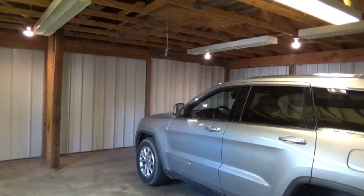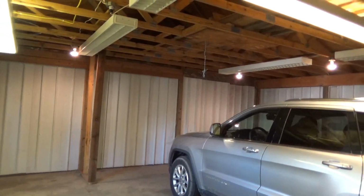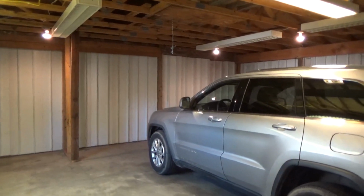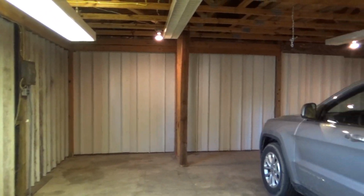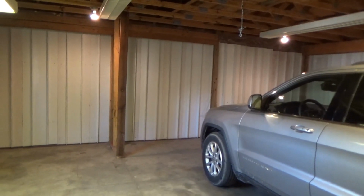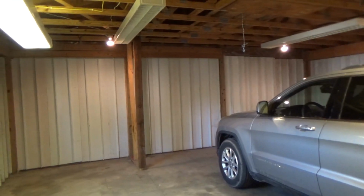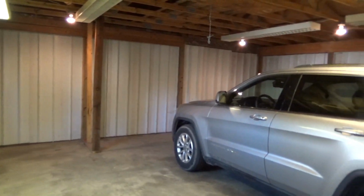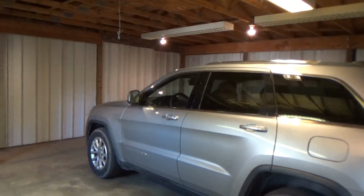And yeah, I would have preferred having the drywall up and the ceiling, but I'd rather have cleaned this up and have this nice than have the place that was doing the drywall originally do shoddy work, putting up drywall where there's not going to be any bracing to support it or anything like that. So,